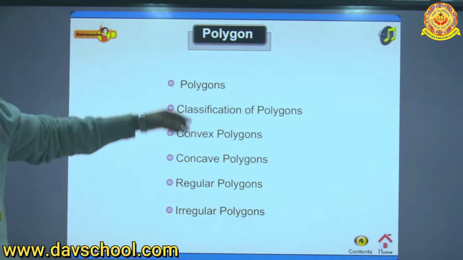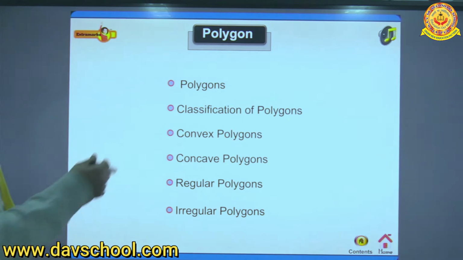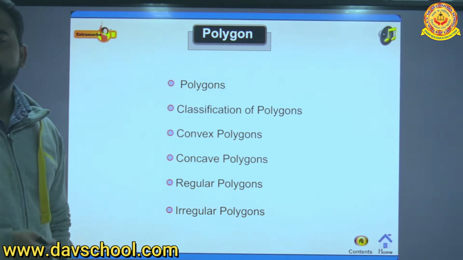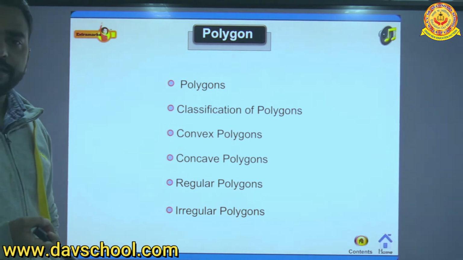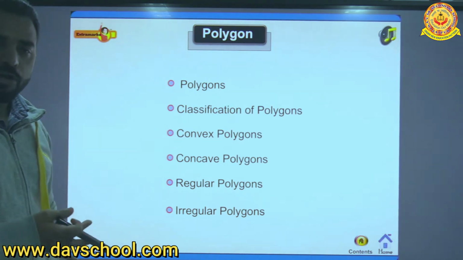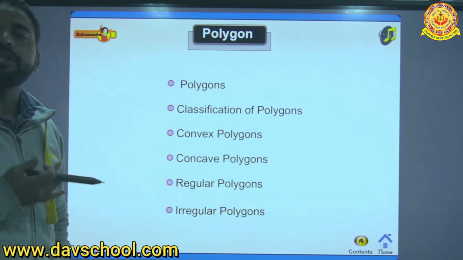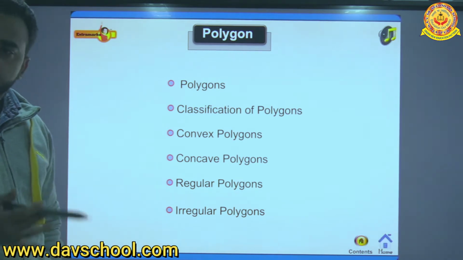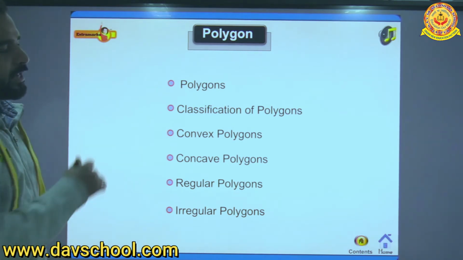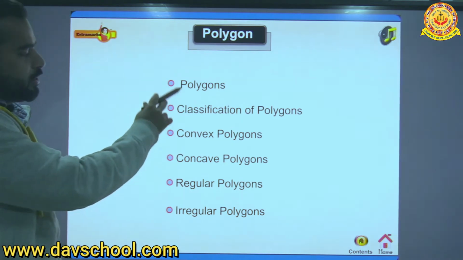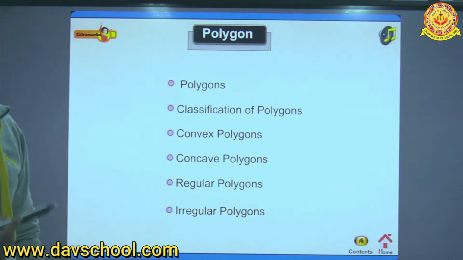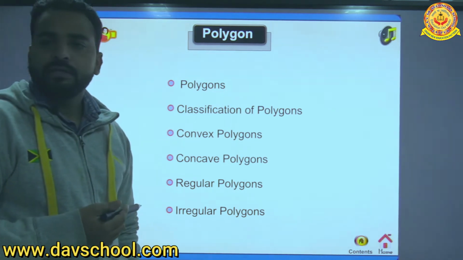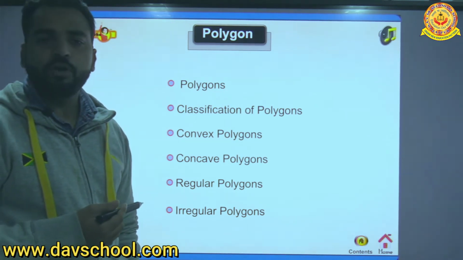Okay, now in a polygon, we have to describe our classification of the polygon. As we know, when the number of sides is 3, it starts. That means the triangle is the smallest polygon, smallest in the sense that the number of sides is less. Similarly, this polygon can be divided into convex figure, concave figure, and we also studied regular and irregular polygons. Can anyone tell me what is a regular polygon?